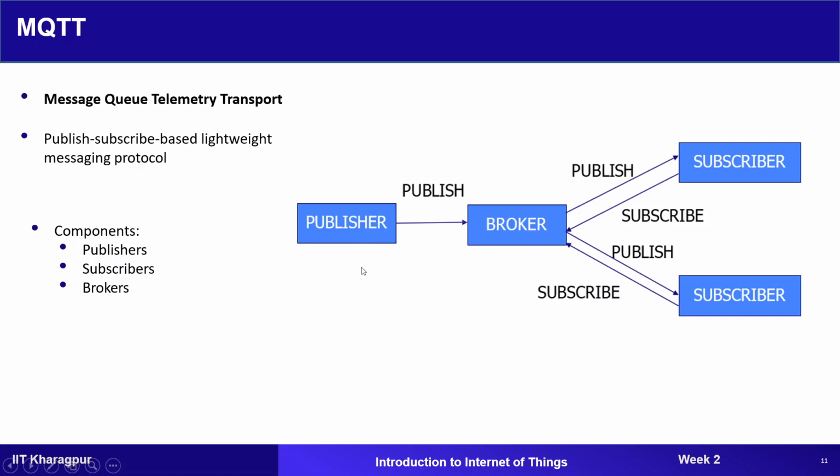Basically, the message exchange between your publisher and broker will be this publish. The publisher will publish the data to the broker. Further, subscribe messages mean these different applications are going to subscribe to the particular service provided by this publisher, and the broker will publish the same data to all the applications which are present in the network.